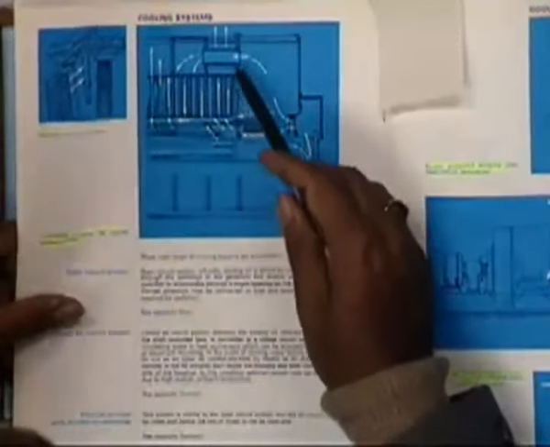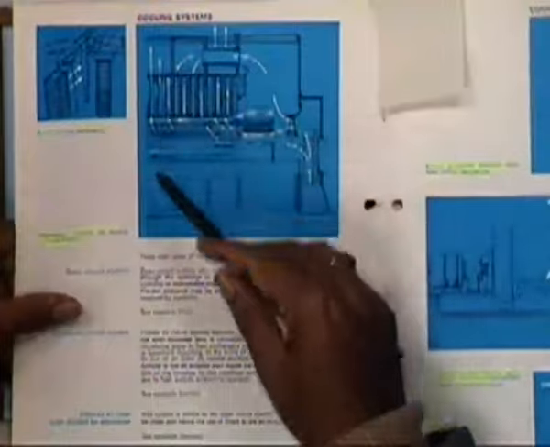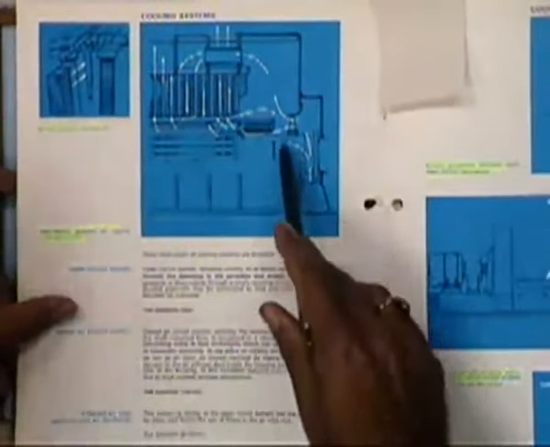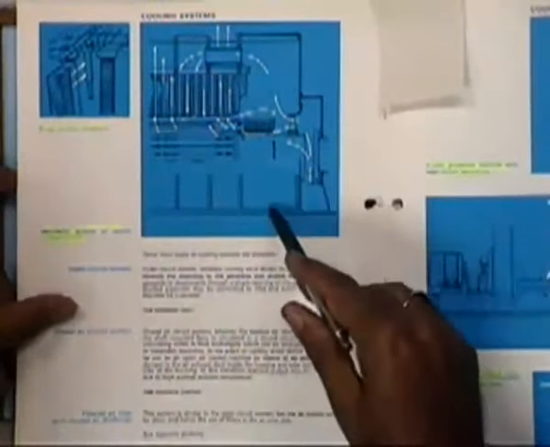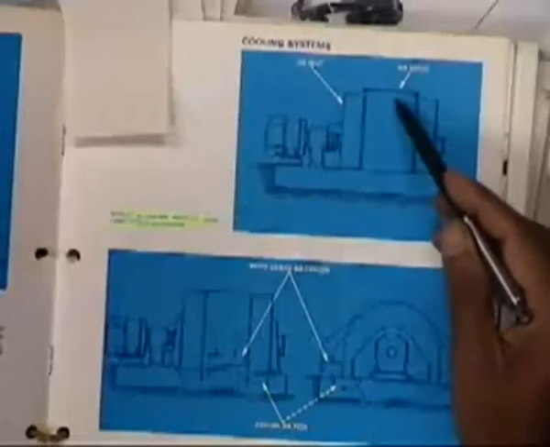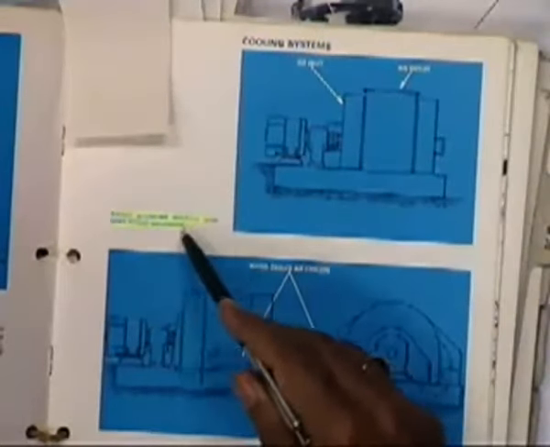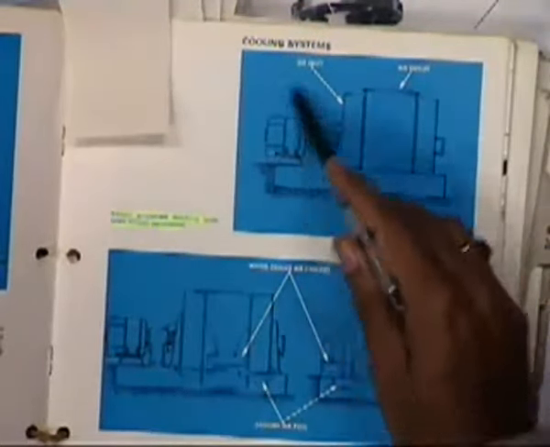Okay. Now we come to the cooling system. So here is detail of a rotor ventilation and the cooling systems. A typical turbo generators, how the cooling system is being given. Here is air inlet, air outlet, and a screen protected machine with open circuit ventilation. That is the air cooled machines.